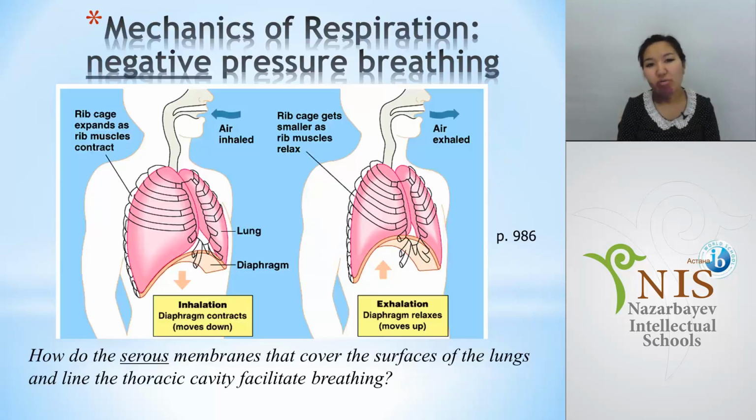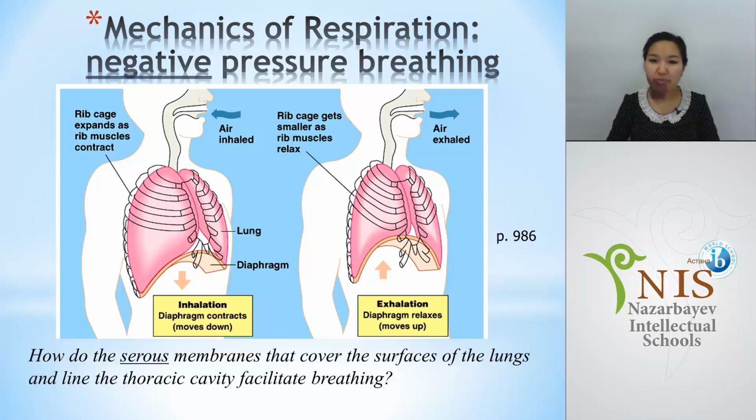Mechanism of respiration, or mechanism of the respiratory system. Here you can see the picture. From the picture you can see our diaphragm and what happens. Our breathing consists of two main things: inhalation and exhalation. In inhalation, first of all, air is inhaled. We can inhale by mouth or by nasal cavity. Then everything goes to the trachea, after the trachea to the bronchi, after the bronchi to the bronchioli. Then everything goes to the air sacs, and we get oxygen.